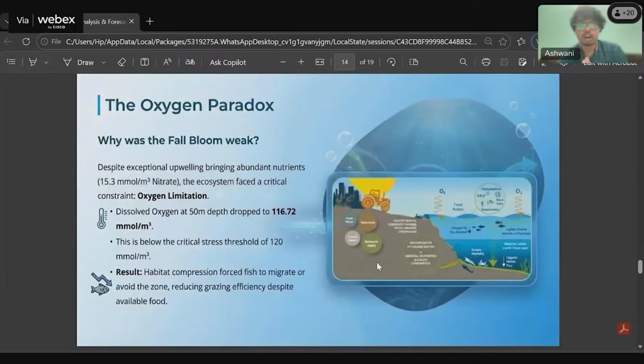Along with this, as I've already told you, we are taking into account five factors, one of which is oxygen. The current solution uses only chlorophyll readings and temperature readings, which doesn't account for the oxygen paradox. Sometimes what happens is, when there are nutrients on the top surface of oceans, and if fishes don't come to that location for some time, they start decomposing, and they are being decomposed by